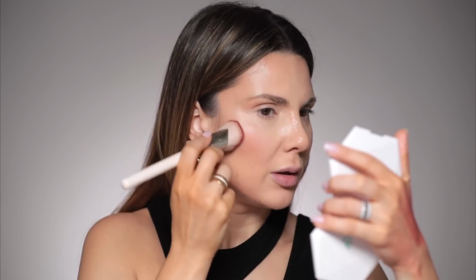Now, I'm going to apply this from YSL because I love, love, love this one. So I loaded my brush with product, and now I apply it on top of the cheeks. This is such a good color. She's alive. So good. I love this color. I'm not done with blush. I wanted to give you a better option if you're using MAC blushes. They're amazing. I know it's not the same price point, but